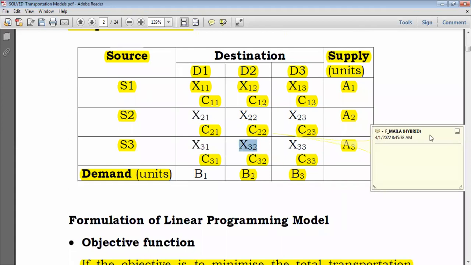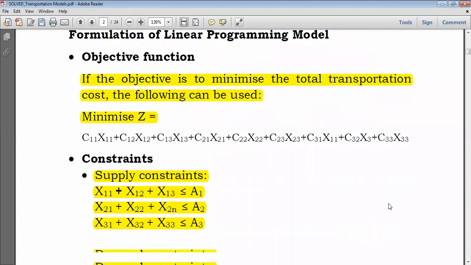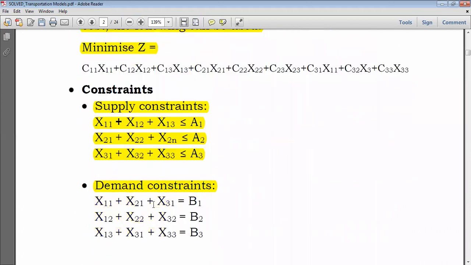So that's what we should focus on. And lastly, X13 plus X23 plus X33 should be equal to B3. So just like that, and you complete your formulation of the problem, just like here. So the vertical line there, X11, X21, X31 equals B1, X12, X22, X32 equals B2, and lastly, X13